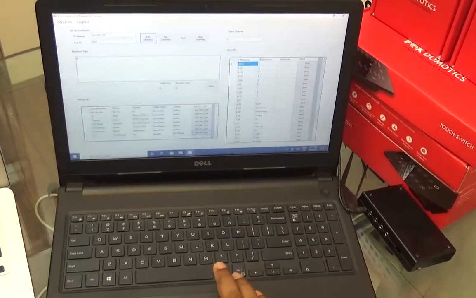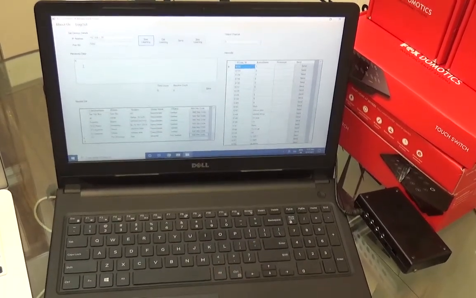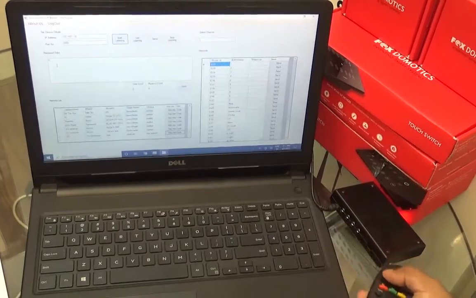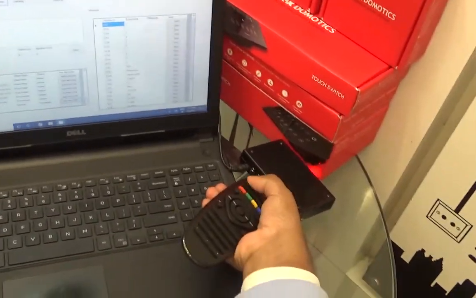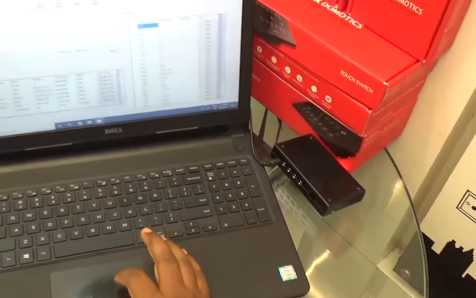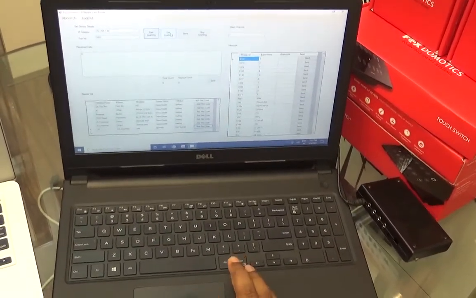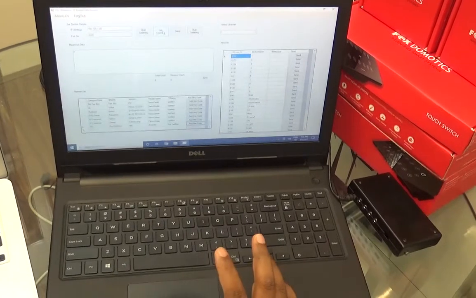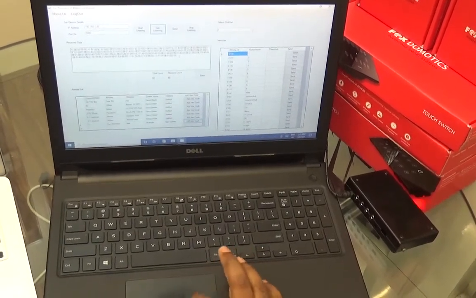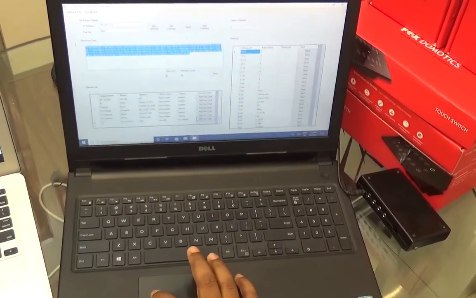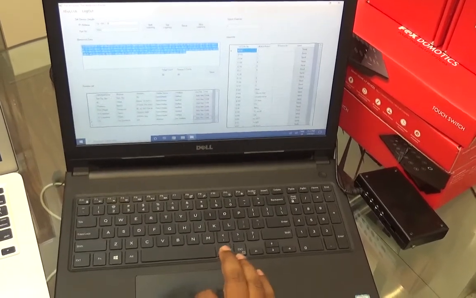So now I get okay, it's ready. Now I'll press this one button. I'll point here and I'll press 1. Just press one time, don't press twice or thrice. I'll click on get learning. You can see here a hex code coming, and you can see total count, receive count 80.